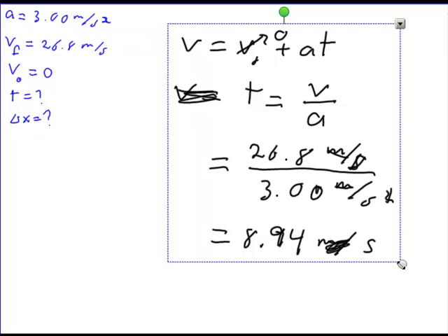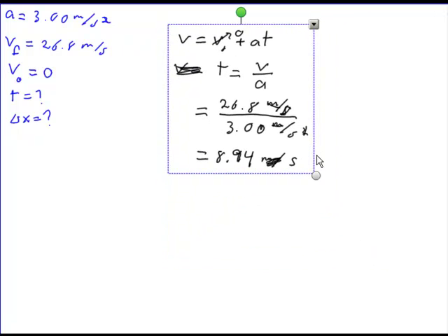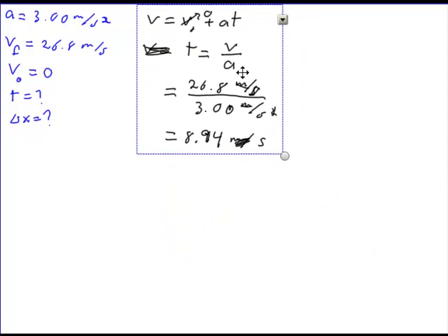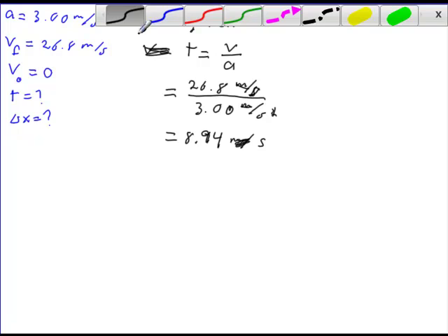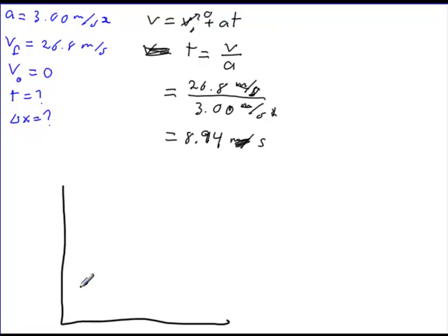And I would say that's a pretty reasonable time. A really good car can accelerate from 0 to 60 in about 6 seconds. My car is not that amazing, so 9 seconds is fairly reasonable. Now, for the distance, maybe it would be a good idea to make a graph here. So I've got a velocity that's increasing like this,